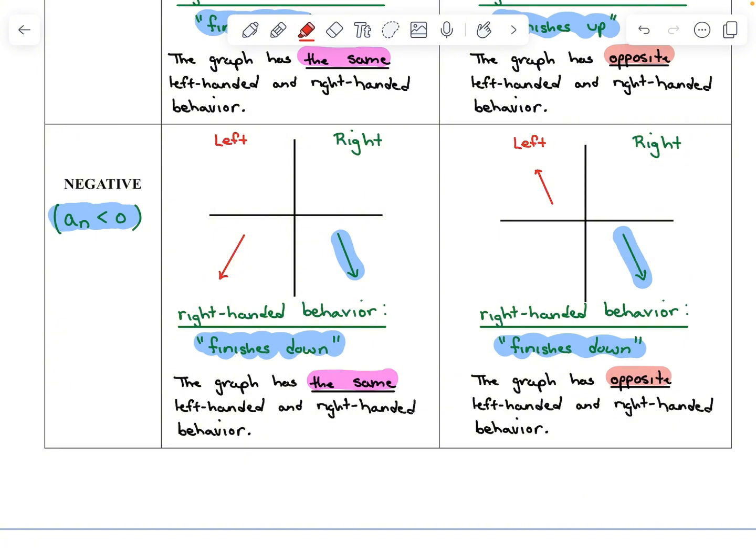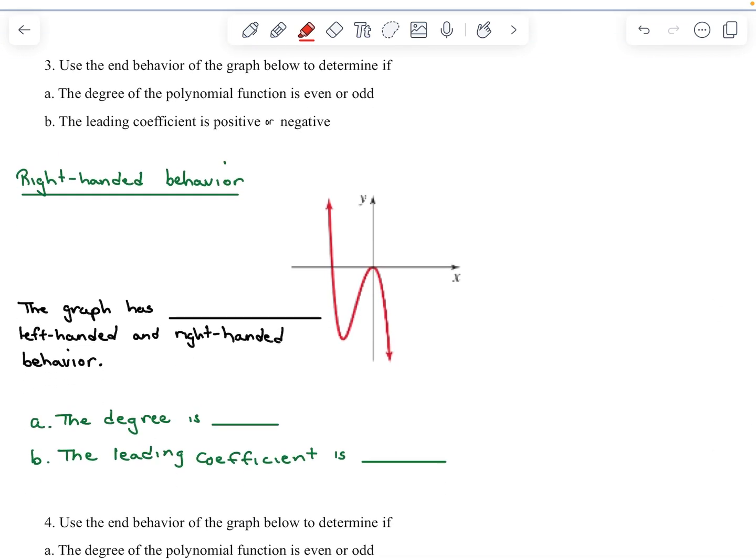So now let's take a look at an example. Use the end behavior of the graph below to determine if A, the degree of the polynomial function is even or odd, and B, the leading coefficient is positive or negative. I'm going to start by identifying the right-handed behavior. As the graph travels to the right, it decreases forever. So the right-handed behavior finishes